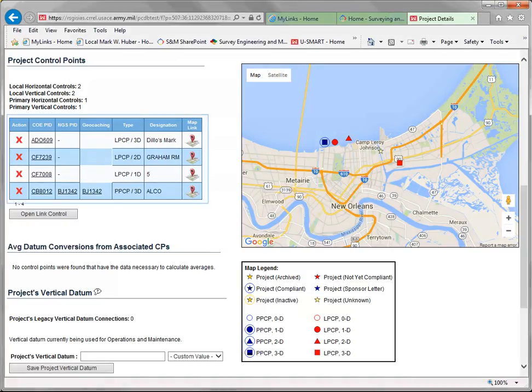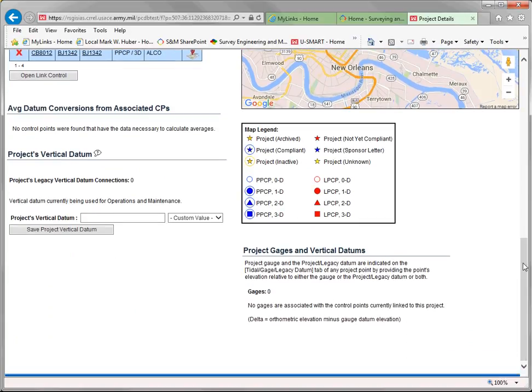Here we can see a table of all of the associated project control, a tally of the number of horizontal and vertical control points, both local and primary. The project map shows the location of the project and its associated project control. You can see currently this project has a yellow star, which means it's an unknown status. And scroll down a bit more,